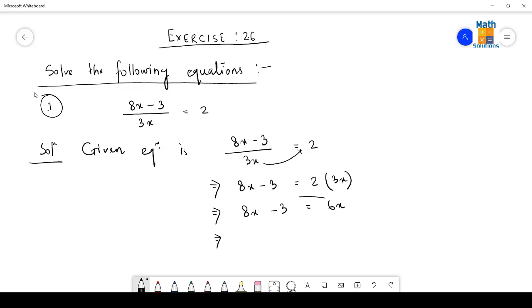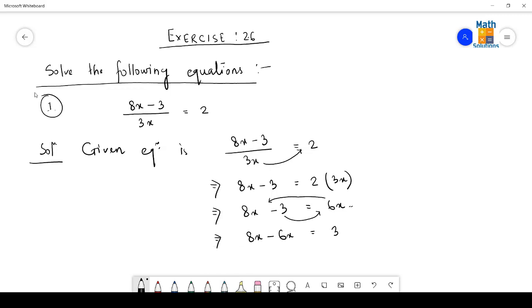Now already we had discussed in previous videos that whenever we get any unknown term on the right hand side and in left hand side also similar kind of terms are there, in that case the terms containing variables should always be shifted to the left hand side. That is, they should be kept together. So I get here 8x, then minus 6x will come here. Means initially this is positive on the right hand side. When it is shifted to the opposite side, it becomes negative. And then after this minus 3 will go to the other side as positive 3.